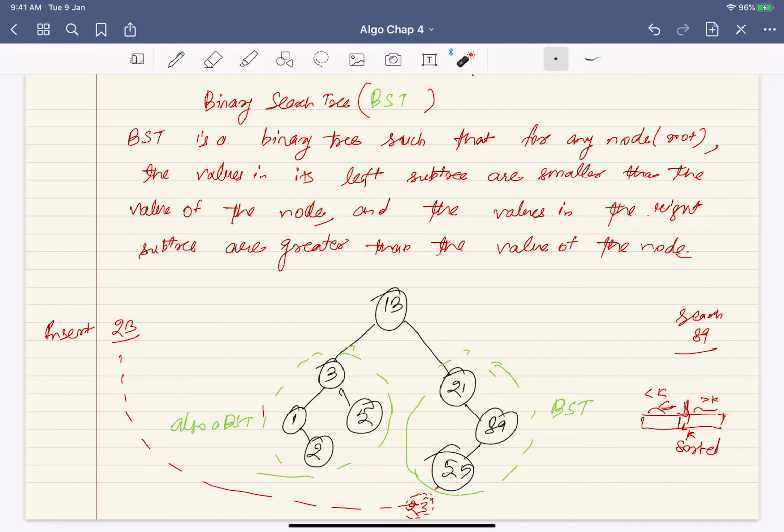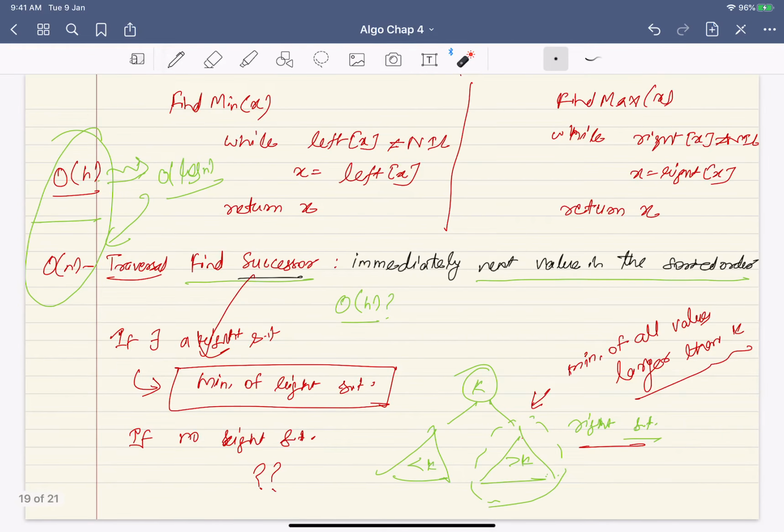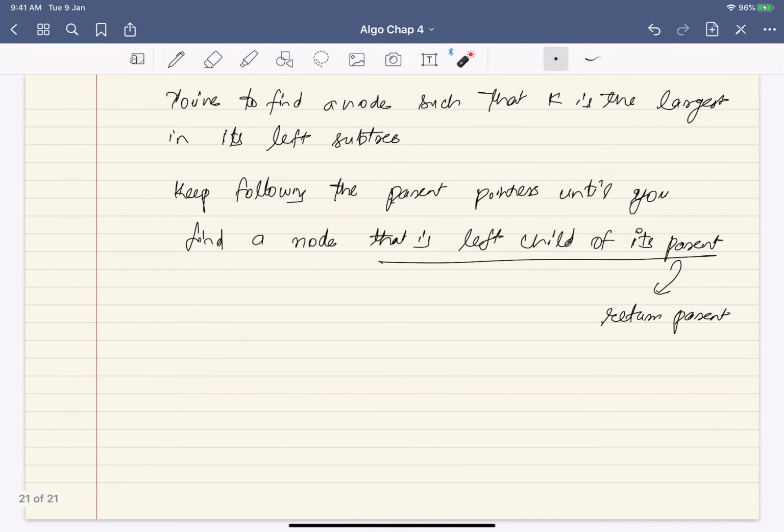Say for 2, keep following the parent pointer until you find a left child. So it's a right child, no. When you go from here to here, it's a left child. So then 3 is the answer. So good.